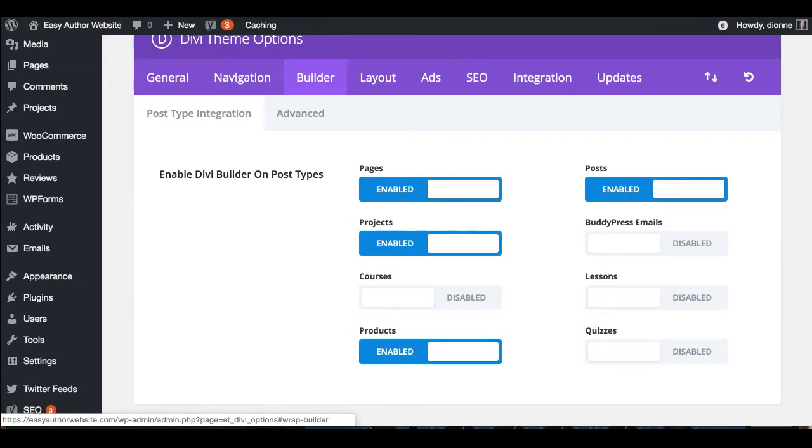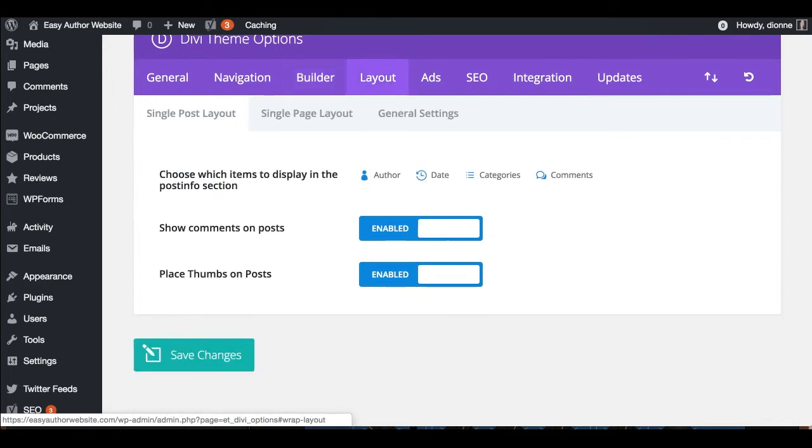The next option in your Divi Builder is what pages on your website you want to be able to use Divi Builder with. Do you want to be able to use it with the regular pages, of course? Your blog posts? Sure, why not? And the rest of these pages here you probably won't have in your Easy Author website because these are inclusive to our format for our back page here at the Easy Author website. Your other options here are